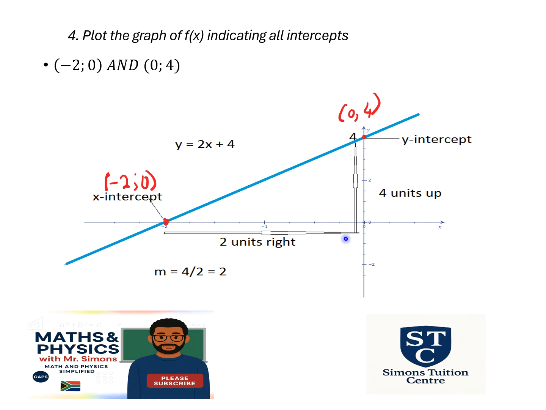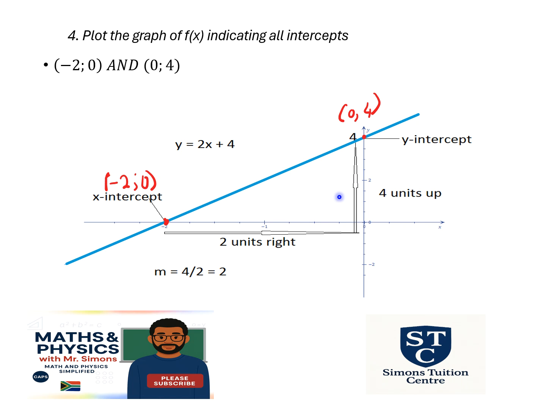If I plot now, you see I have (-2, 0), which is that point there, and (0, 4), which is that point there. I make my two dots and draw a straight line through them, and there I have my equation. The dot at (0, 4) is on my y-axis, therefore it's the y-intercept. This dot here is on my x-axis, therefore it's the x-intercept, (-2, 0). And if you want to see the gradient,